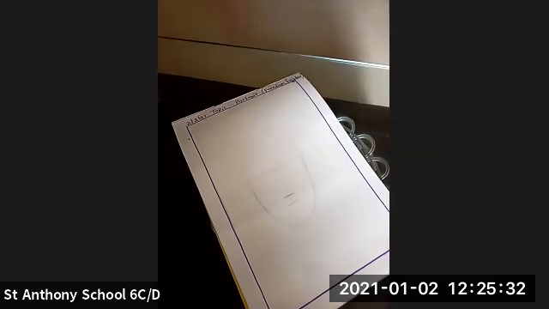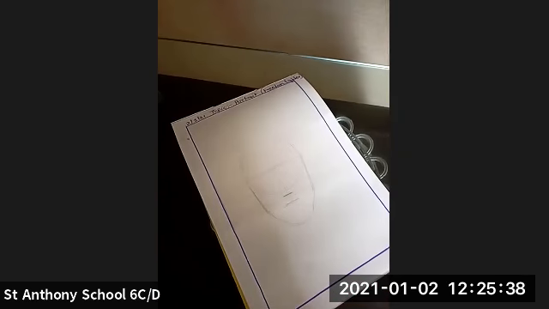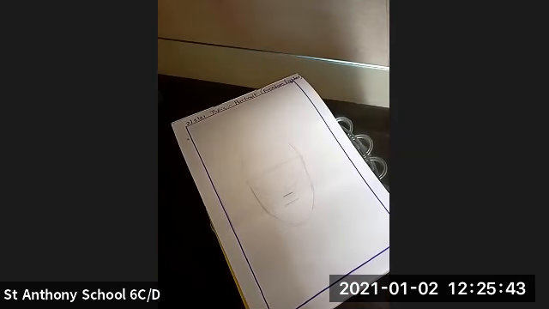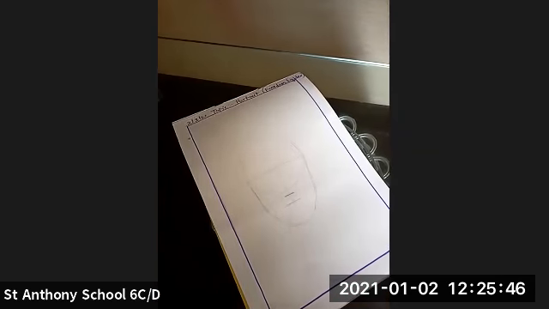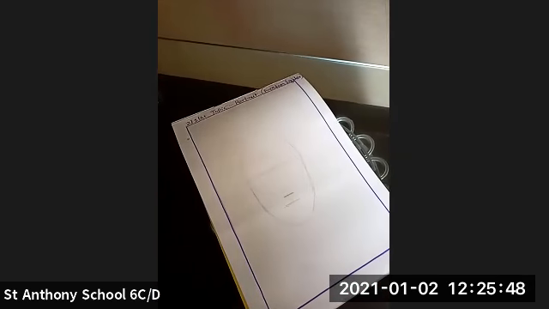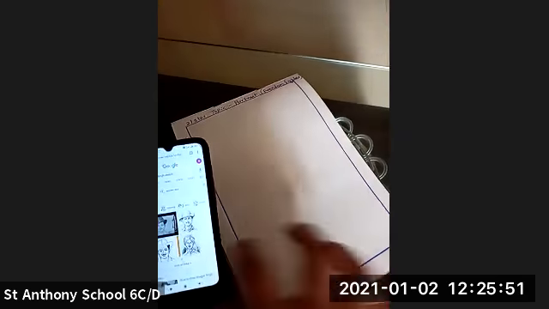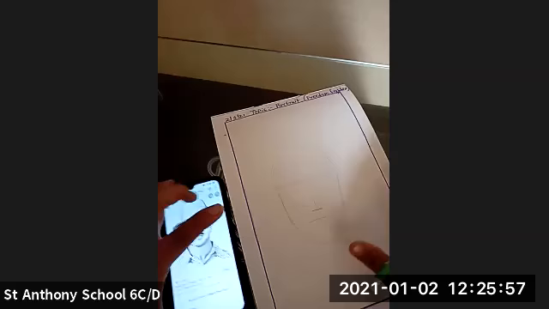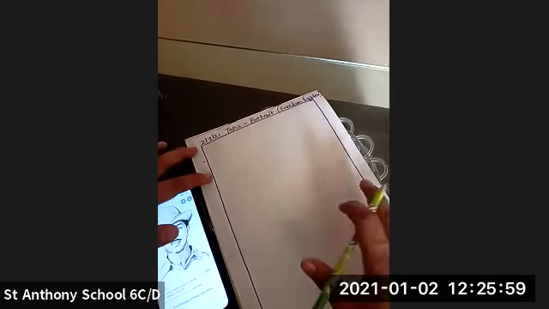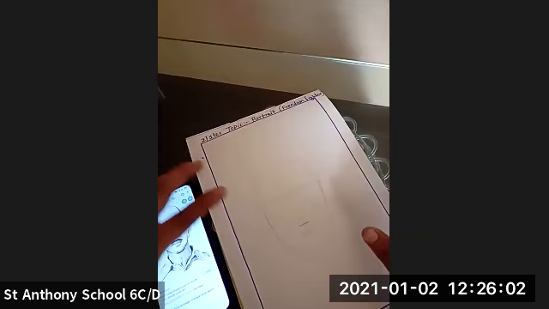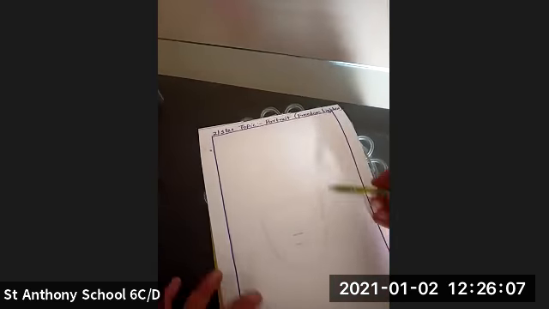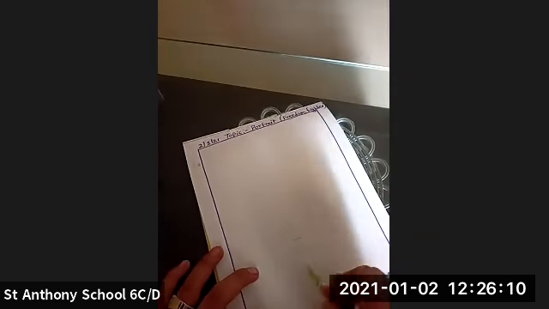If you have another mobile, you can just Google and take out a picture of Bhagat Singh. Bhagat Singh sketch. So here I have taken a mobile, and here I have got a picture of Bhagat Singh. So now, first, I have made the circle, the jaw line, and the eye lines, nose and mouth line.